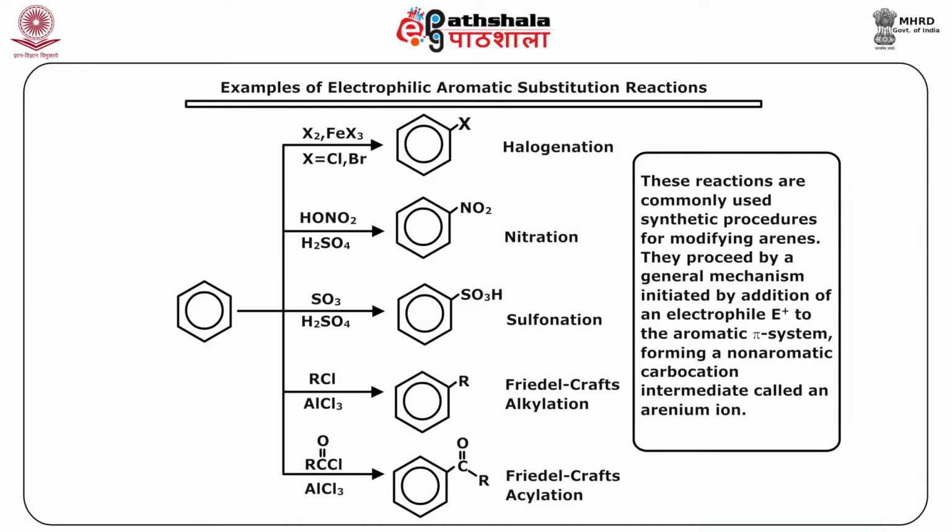Now students, notice here what kind of electrophilic aromatic substitution reactions does the benzene undergo. First one you can see here is the halogenation, second one is a nitration, third one is a sulfonation, then the alkylation and acylation respectively. Now in all of them you can see, if a hydrogen cation does not leave as a departing group, then we would not have these products. So an essential feature is the attack of the electrophile onto the benzene ring and the departure of the leaving group as a positive ion.